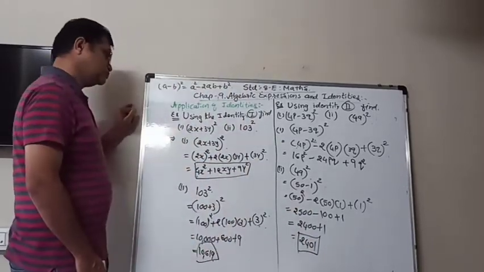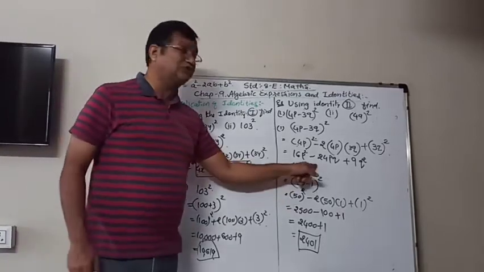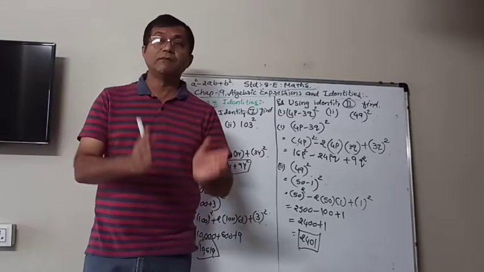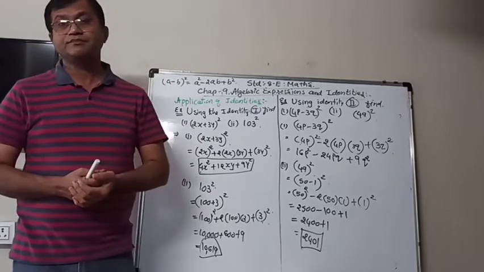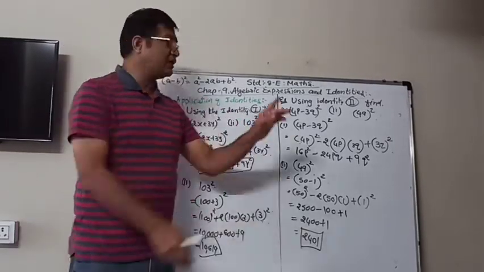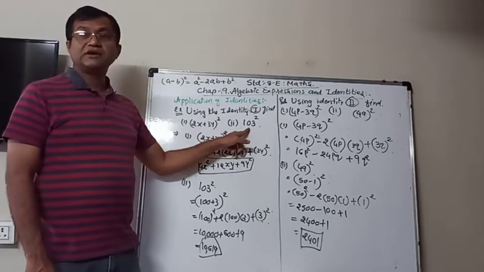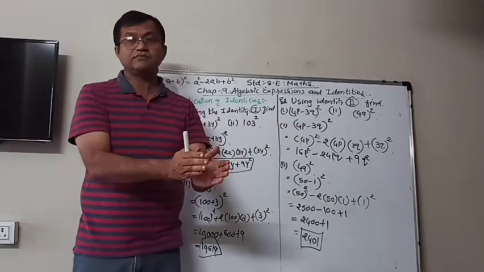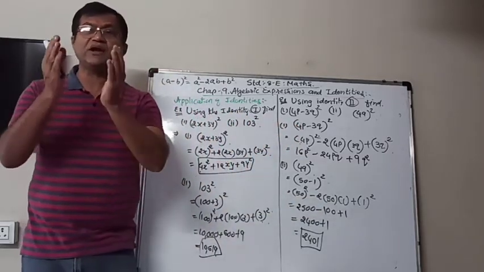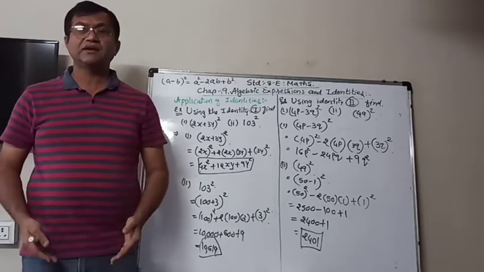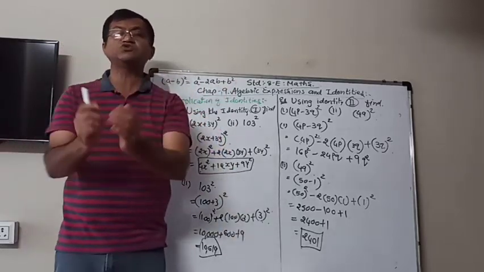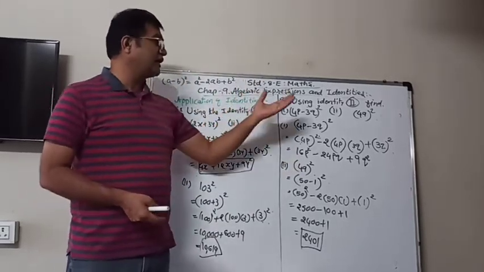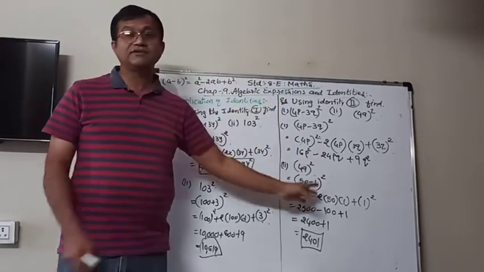2401. So whenever the number is like that and you have to do the square, then you have to check between which two multiples of 10 the number lies. If it is more close to the first number, you can use the first identity like this. It is between 100 and 110, but more close to 100, so we took 100 plus 3. But if it was 107 or 108, more close to 110, so we will take 110 minus 2 and so on. So here by using identity 1 and identity 2, we can do like this.